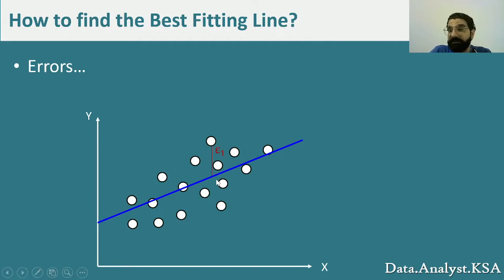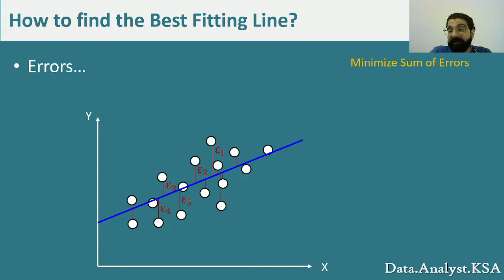My error is just the vertical distance between the observation and the prediction, and the prediction is represented by the line. So for example, for this point, let's say the error is E1, which is this vertical distance. For this point, it's E2. For this point, it's E3, and so on. So we have E4 and E5 and E6. For every observation, there is an error. So it seems like a good idea to sum these errors and try to minimize the sum. Because eventually, if I minimize this sum, I'm going to end up with a line that passes through most of